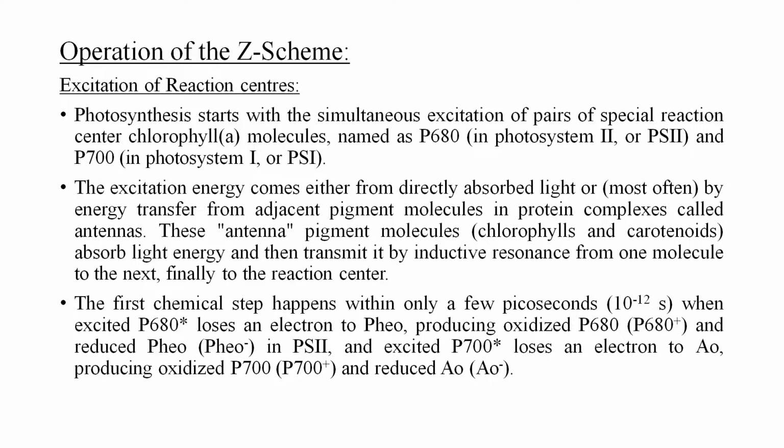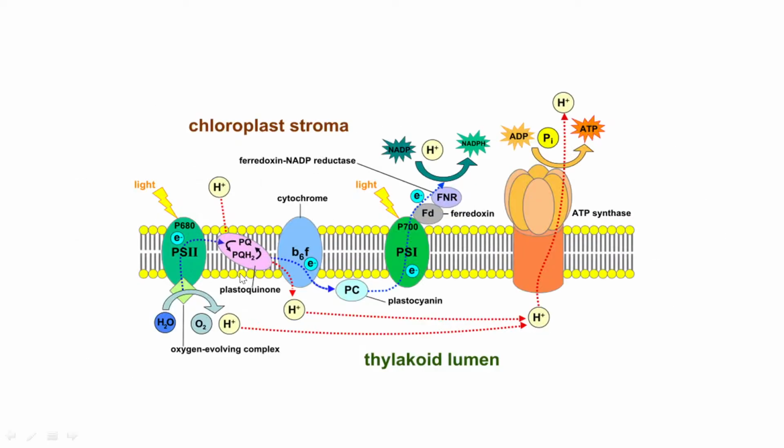This is the very fastest reaction in the oxygenic photosynthesis system, where it happens within picoseconds. Here in photosystem 2, the P680 excites the electron and loses the electron, and produces the oxidized compound of P680, and it reduces pheophytin. The electron from PS2 reaches the pheophytin, and the pheophytin will be reduced and P680 in the oxidized state. Simultaneously, in photosystem 1, the P700 also loses the electron, and it will also be in